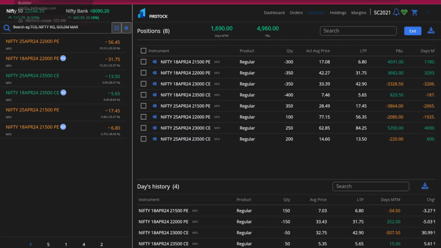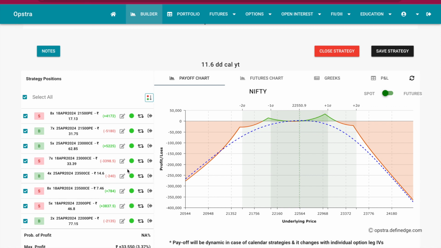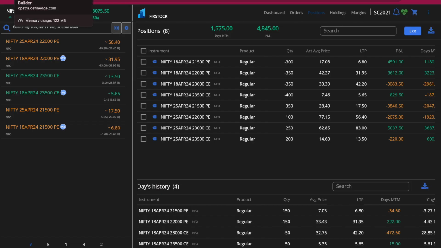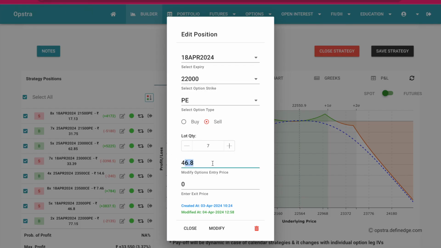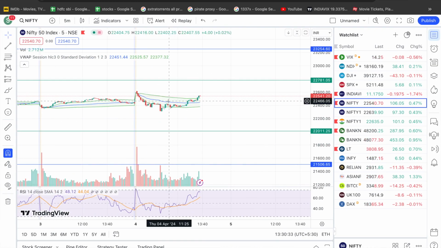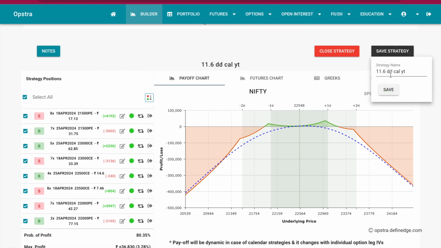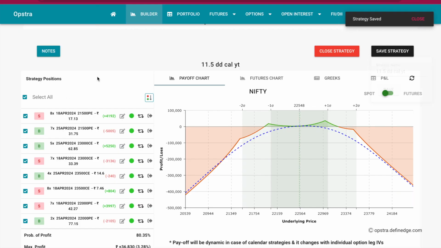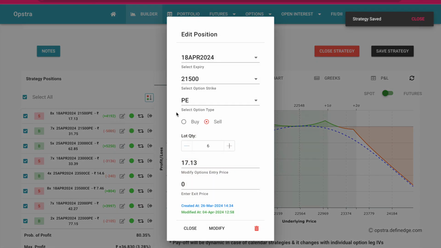PE 350. So that is 7 lots of 22,000 PE, and the quantity there we have is 42.27. Modify this. Let's check the India VIX is 11.17. So India VIX is effectively reduced, and we have to reduce this quantity. 300 is like 6 lots. Okay, so 17.08, that is. Modify,